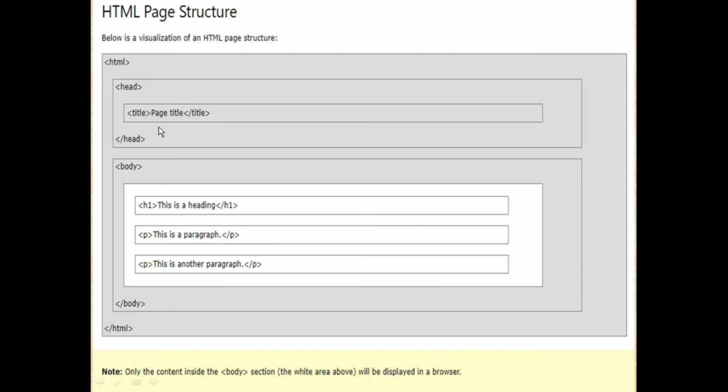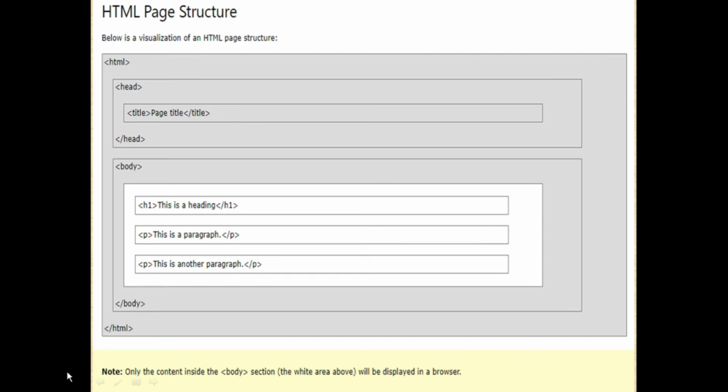The head section is usually not so mandatory because whatever you write within it is not displayed. The main important content of a web page is whatever you write inside the body section. Nested within the body section are the other HTML elements. Which are those HTML elements here? Here you have the h1 element and the p element. You can see the p element can be written n number of times. Whatever you write within p is considered a paragraph.